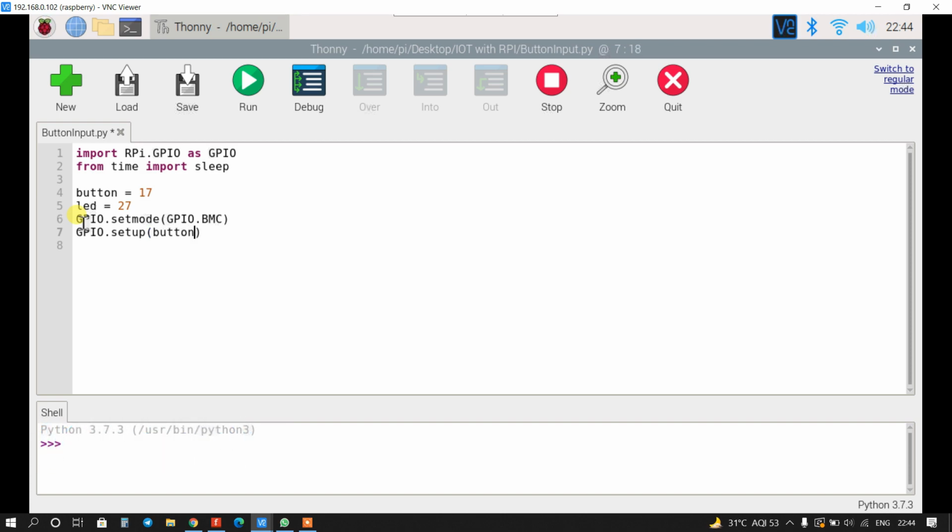So the button is an input, GPIO dot in, and again I will use this function for the LED. So GPIO dot setup LED, GPIO dot out. Okay, so the button will work as an input and the LED will work as an output, correct?